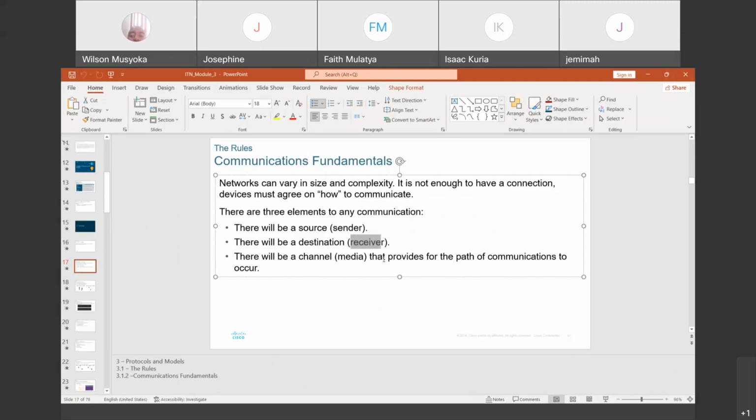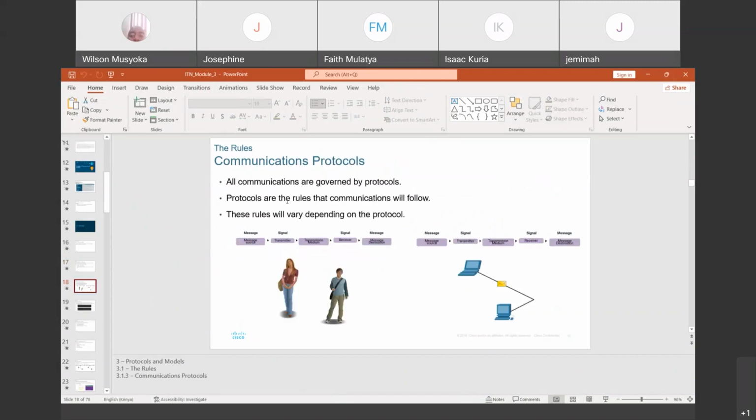So that is how communication is going to take place. Here we have the communication protocols allowing us to communicate by governing how communication takes place, and the protocols are going to vary depending on how communication is taking place.